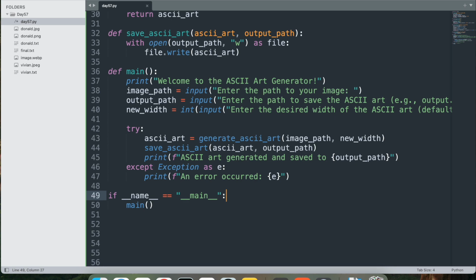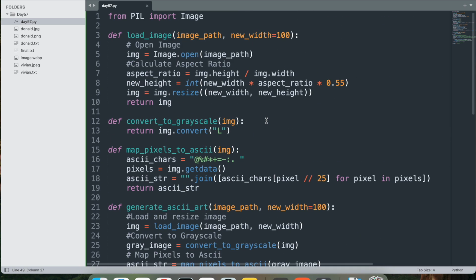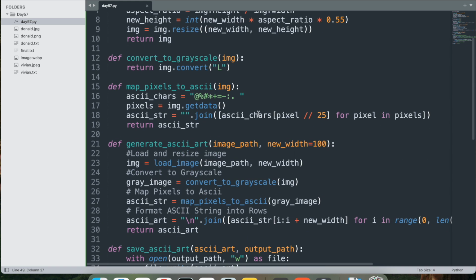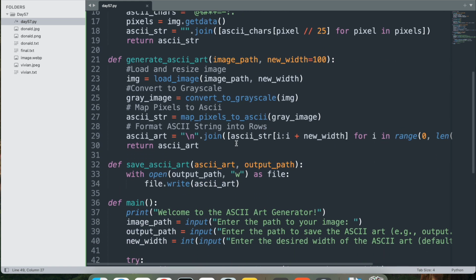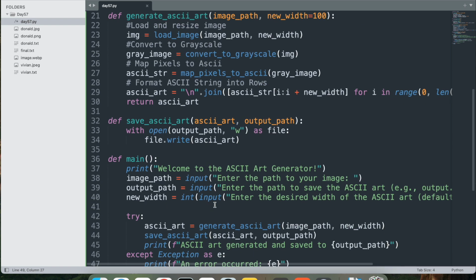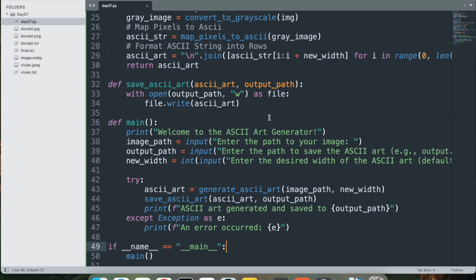In this particular project, what we did was we took care of image processing. We loaded, resized, and converted images to grayscale. We did ASCII mapping, where we translated the pixel intensity values to ASCII characters, and finally we saved the ASCII art for future use. Bonus challenge for today is try to add support for colorized ASCII art using terminal libraries